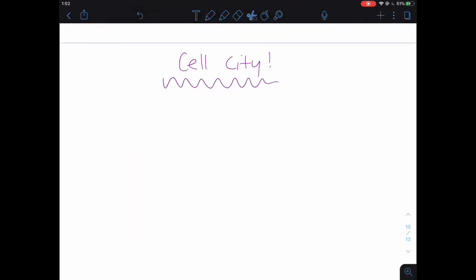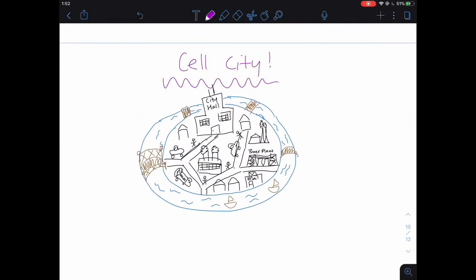And that is our cell city in its entirety. There are many more analogies you can make with cell city. I hope you enjoyed the analogy, and I hope it can help you study the cell structures